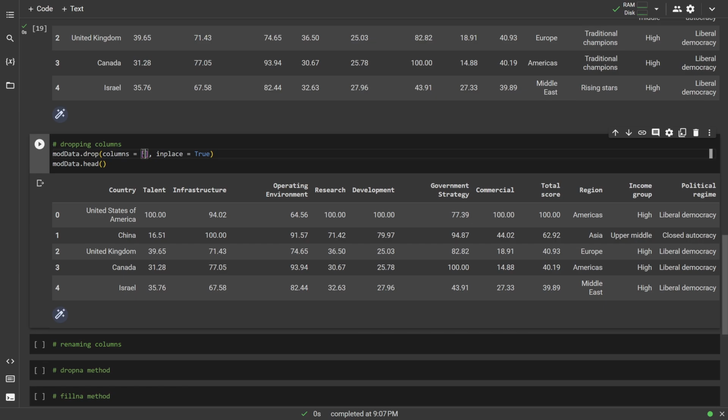And just for the sake of showing you how this works, let's just delete all the categorical or non-numerical data points. So let's just delete region, cluster, income group, and political regime. So in here, we'll say region, comma, cluster, and then have income group. And then lastly, we have political regime like this. And one thing we want to make sure of is that the uppercase and lowercase matches exactly what the titles are here, because Pandas is case sensitive and won't recognize the terms if the uppercase and lowercase don't actually line